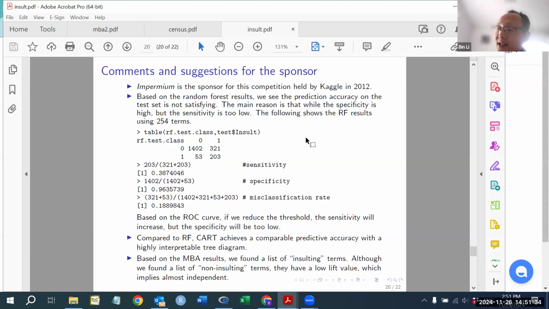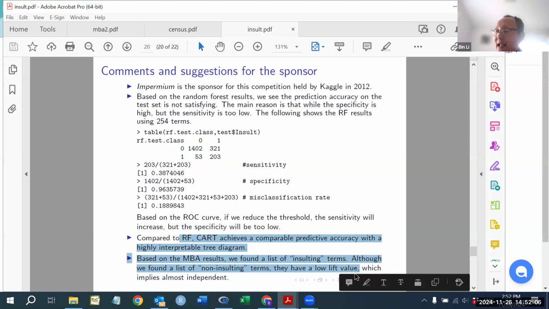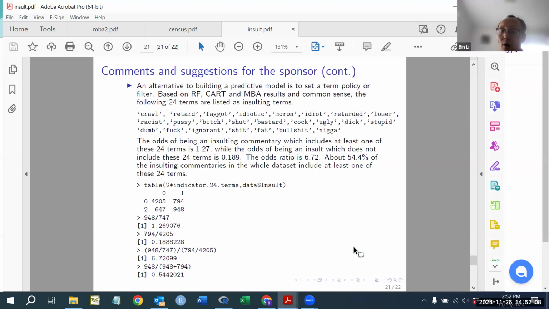Okay, while it's relatively easy to identify those non-insulting ones. Okay, so compared to the random forest, CART achieves comparable predictive accuracy with a highly interpretable tree diagram. And also based on the market basket analysis, we found a list of insulting terms. Although we also found a list of non-insulting terms, they have low lift values, which means they are almost independent. So after all,